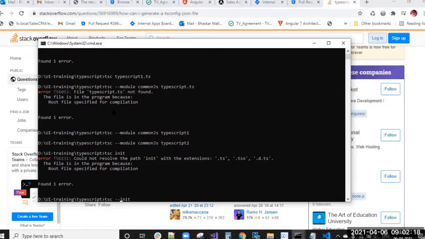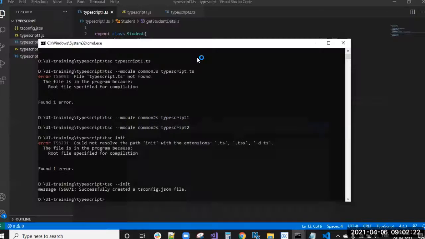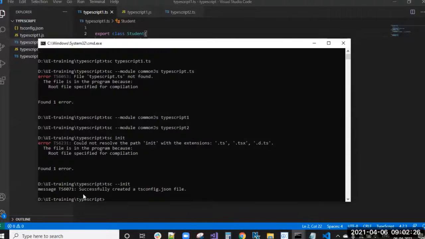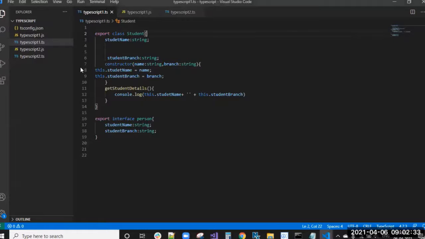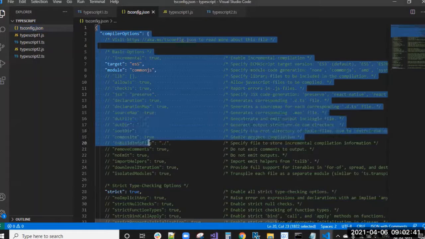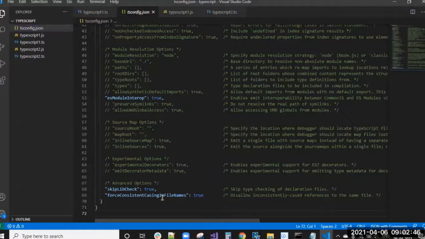Okay. So now you can see that it successfully created the tsconfig.json file. You can see now that the TypeScript configuration file is created. Init means it will automatically create the TypeScript configuration file.